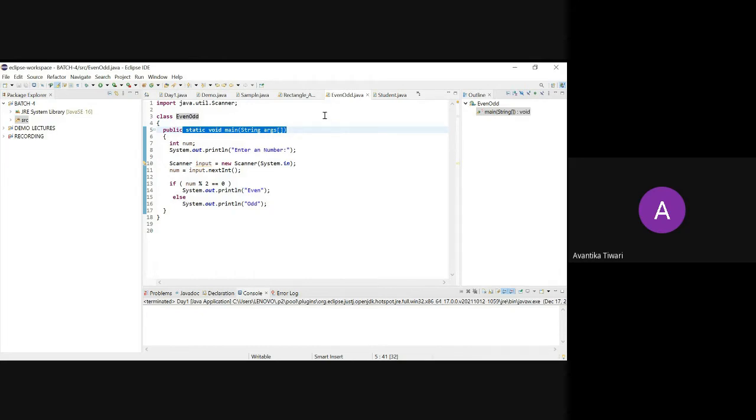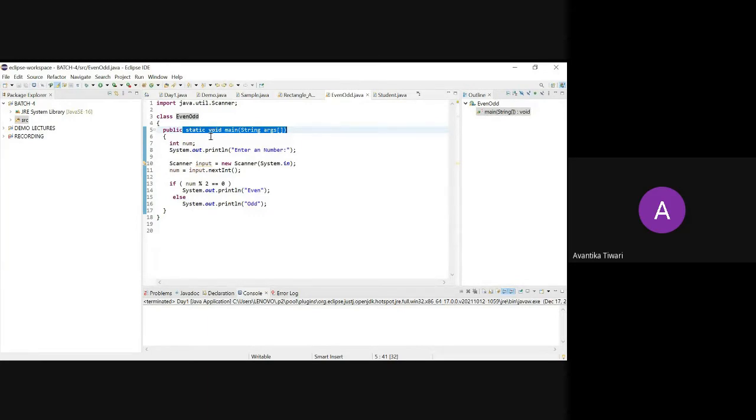Is it clear to all of you? Yes, ma'am. See, I am speaking in so much detail so that the students who are coming from different branches should also feel comfortable. So those students who are new to Java, if you are facing any difficulty, just stop me and ask me.